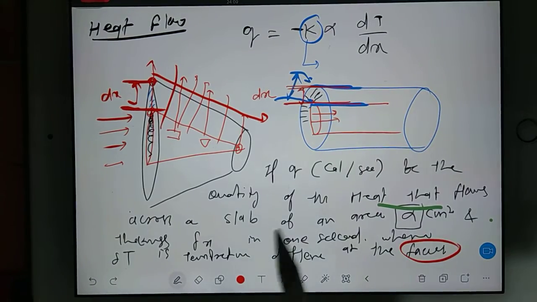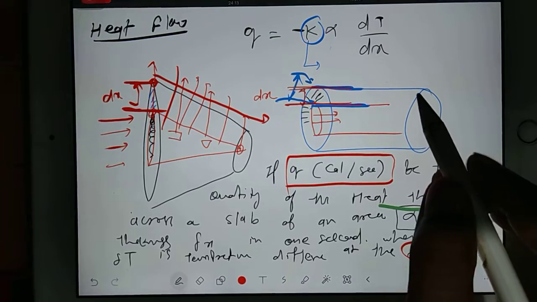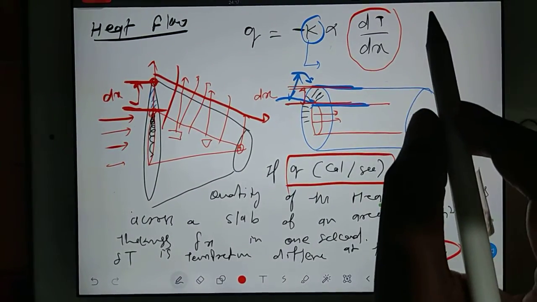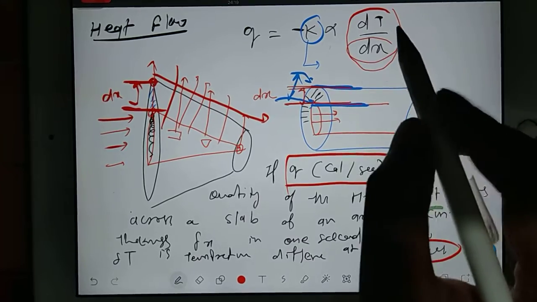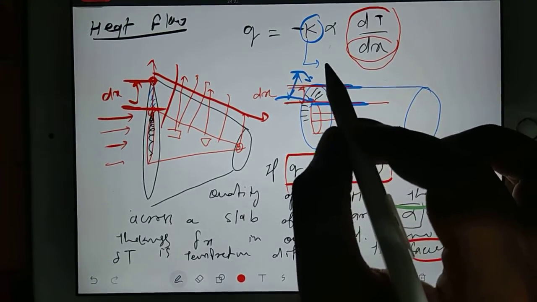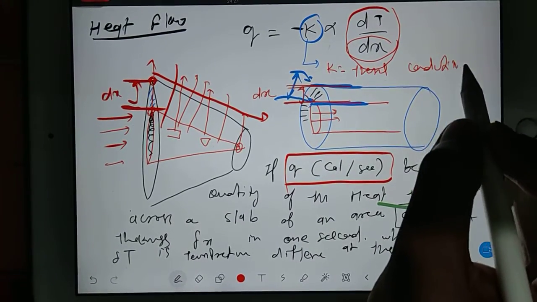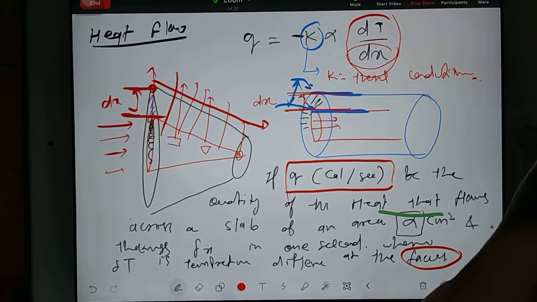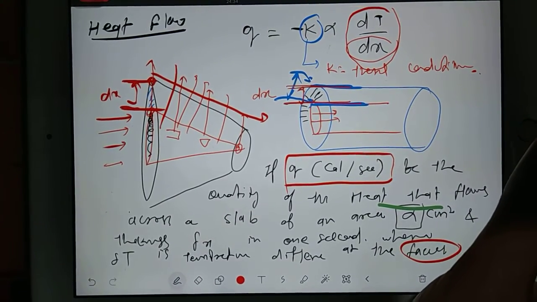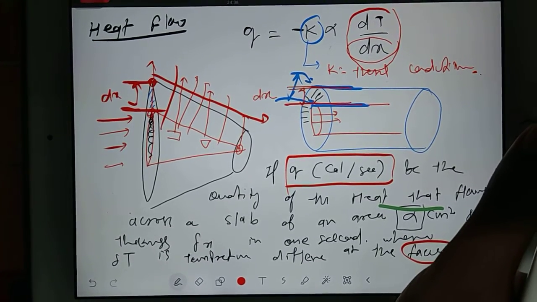Yes, actually this Q I have already written here, calorie per second. Like in 1 second how much heat is flowing. So this is dQ. Yes, Vedant, this is dQ by dt by dx. In this dx I was explaining the thickness, and K is your thermal conductivity. So take down here, K is thermal conductivity. Suddenly it seems like I'm taking thermodynamics, but it's okay. It is important because differential equations are really important for the GATE exam.